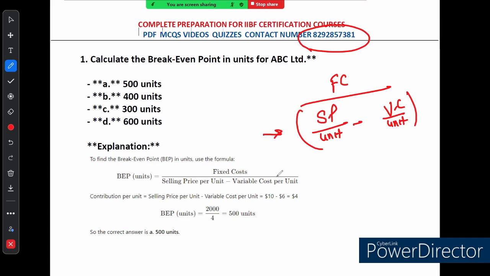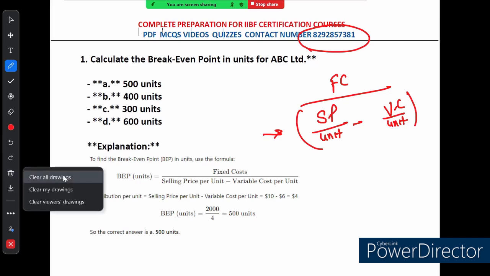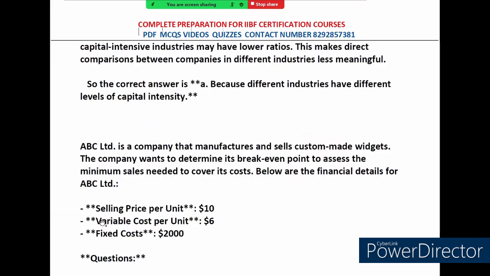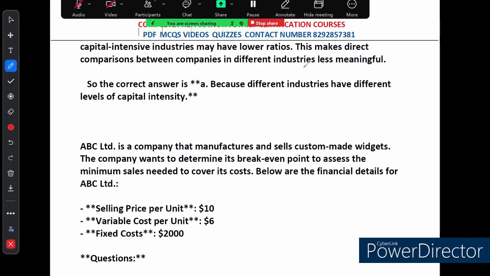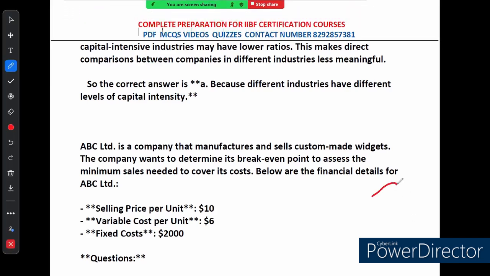But I am telling you a better way to solve this type of problem, not using the formula, because sometimes if you wrongly remember the formula, everything will be wrong. So let me give you an insight into this. Try to understand what I am saying: suppose you have to draw this type of pie chart. So this is a circle, and this complete circle has two parts, right? There is a selling price per unit, and there is a variable cost per unit, and there is a fixed cost per unit, right?